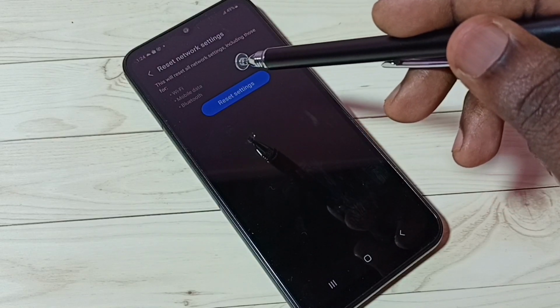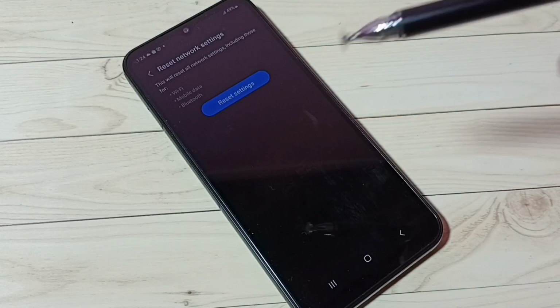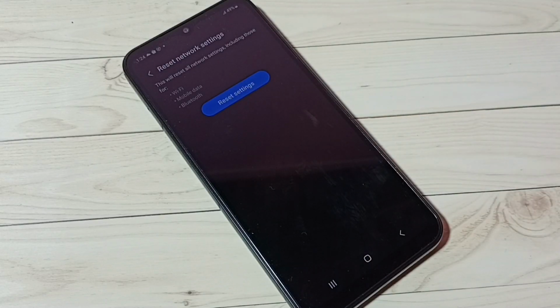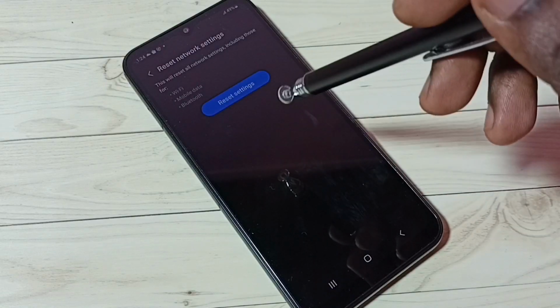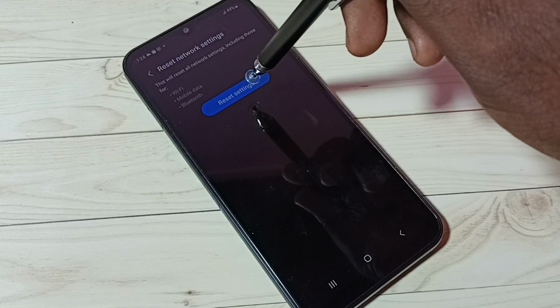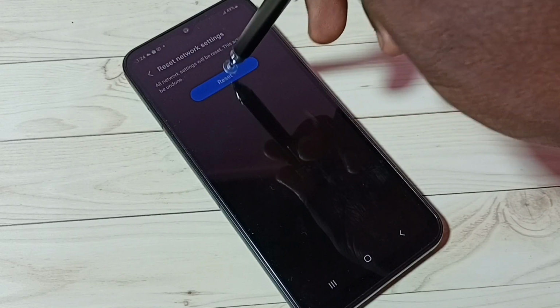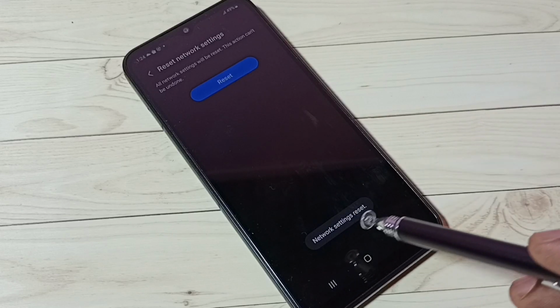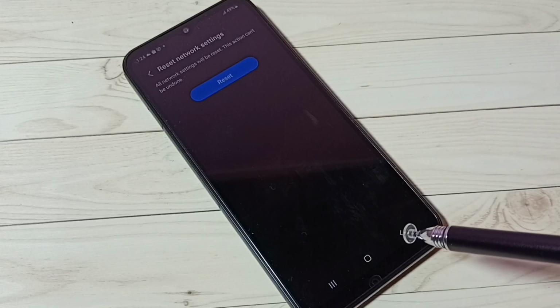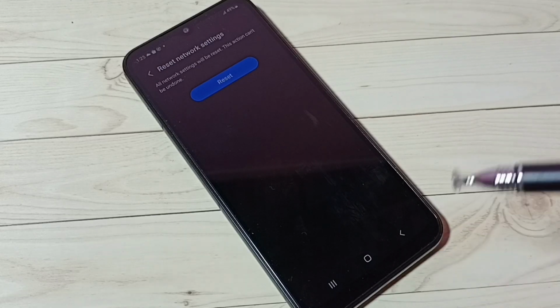This will reset all network settings including Wi-Fi, mobile data or internet and Bluetooth. If you are facing issue with mobile data or internet, you can just try this. You can just reset these settings. Tap on this reset settings button, then tap on this reset button, network settings reset, done. So this way we can reset mobile data or internet settings and fix all internet related